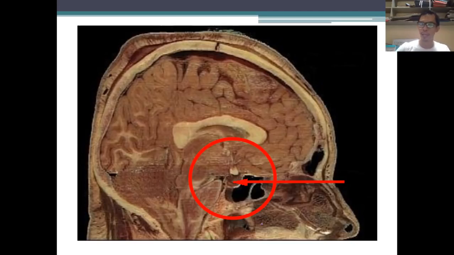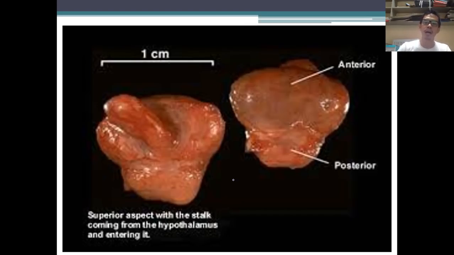So in an MRI, or in a CT scan, we can see the pituitary gland located somewhere here. All right, next one, if you take out a pituitary gland, it will look like this. It is around 1 cm in dimension. So as expected, it's very small. But although it's very small, its function will affect most of the body's processes. Right, so that's the pituitary gland.